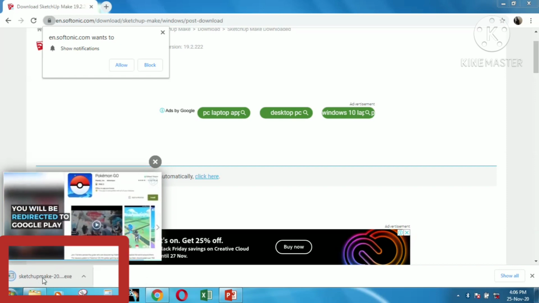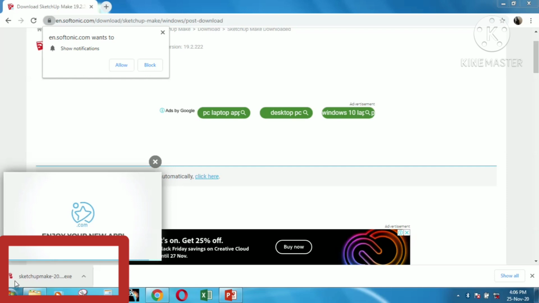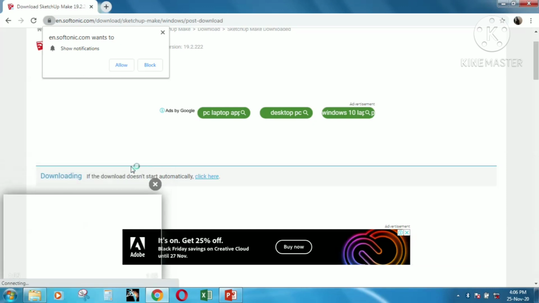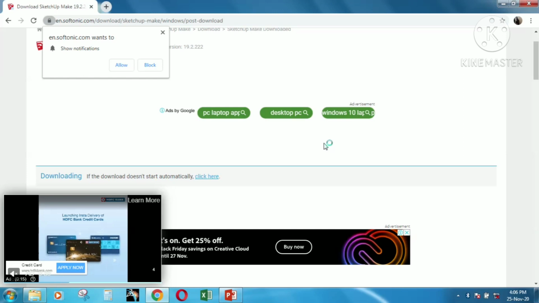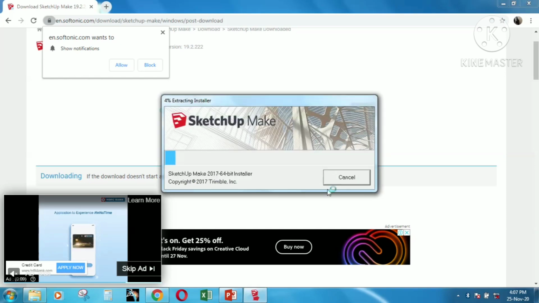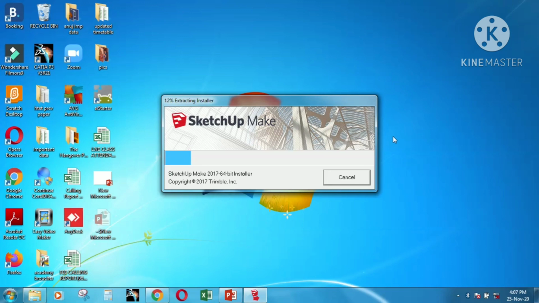So as it is downloading, close the unnecessary dialog box. And now it is extracting the installer.